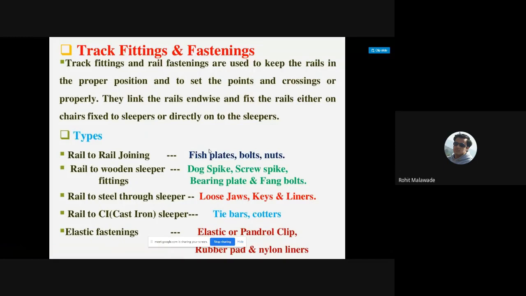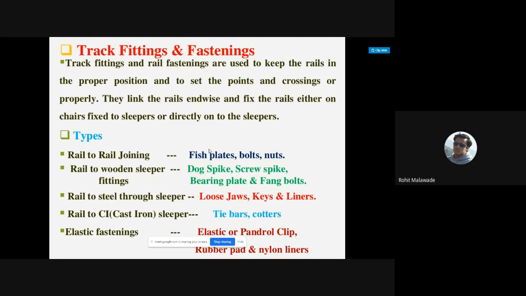Now, track fixtures and rail fastenings are used to keep the rails in the proper position, as you have told exactly. We are going to use these fixtures and fasteners to hold the rails in the proper position and to set the points and crossings properly. They link the rails endwise and fix the rails either on the chair fixed to the sleepers or directly to the sleepers.